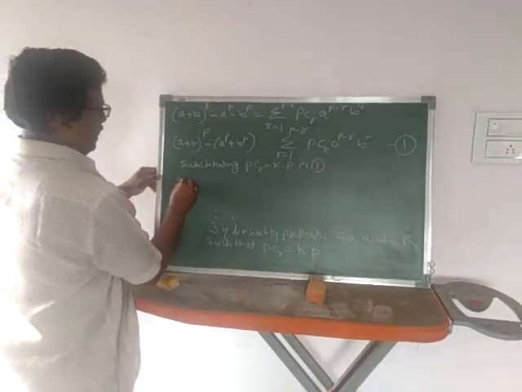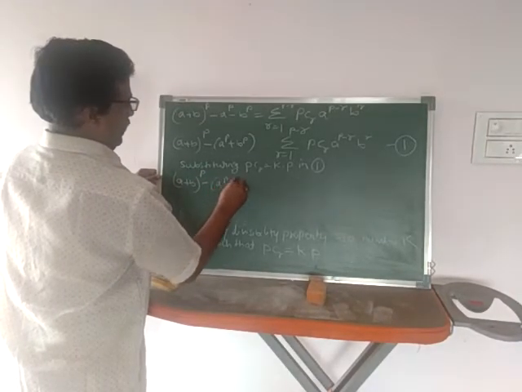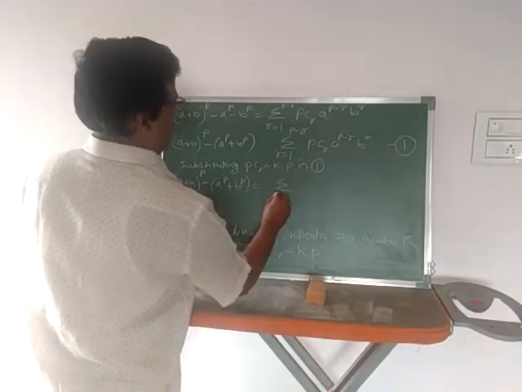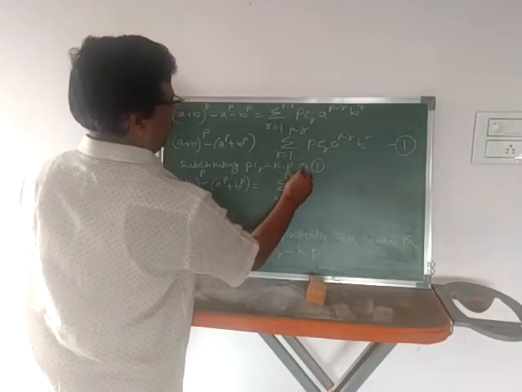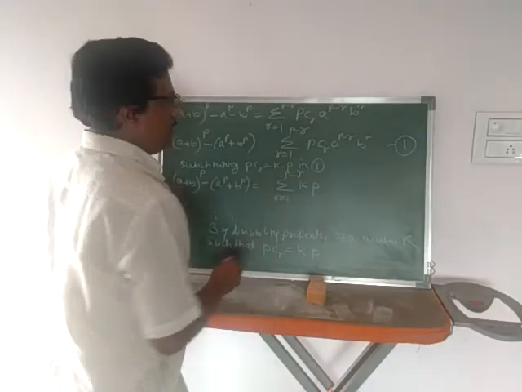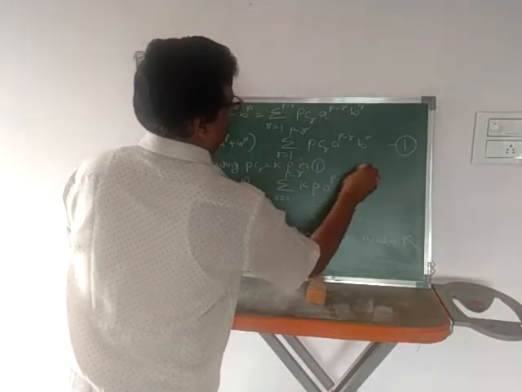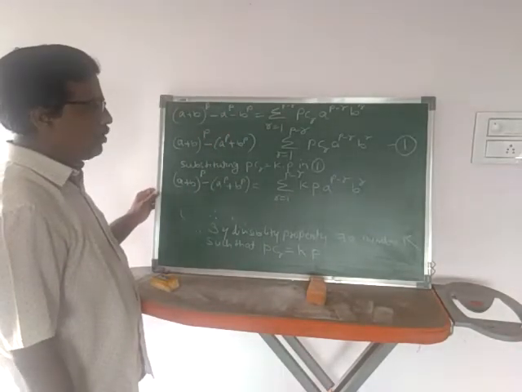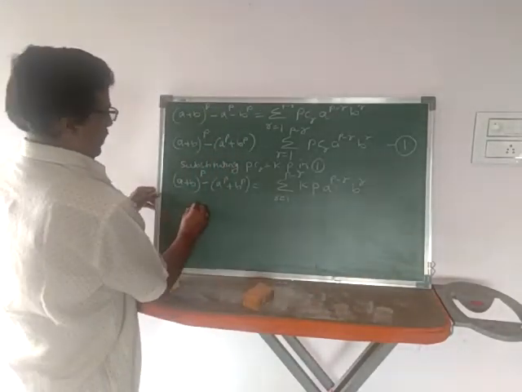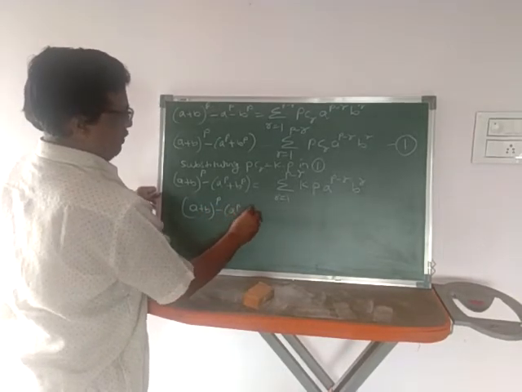Then we get (a plus b) whole raised to p minus a raised to p plus b raised to p is equal to the summation sign as it is, r is equal to 1 to p minus 1, and then this PCR is replaced by k into p into a raised to p minus r into b raised to r. Or again, this is same as (a plus b) whole raised to p minus a raised to p plus b raised to p is equal to,